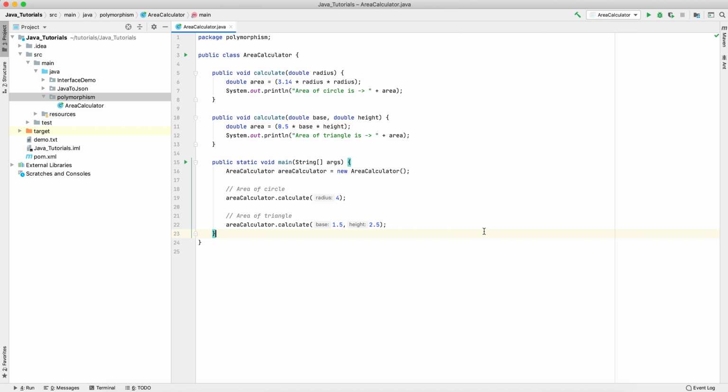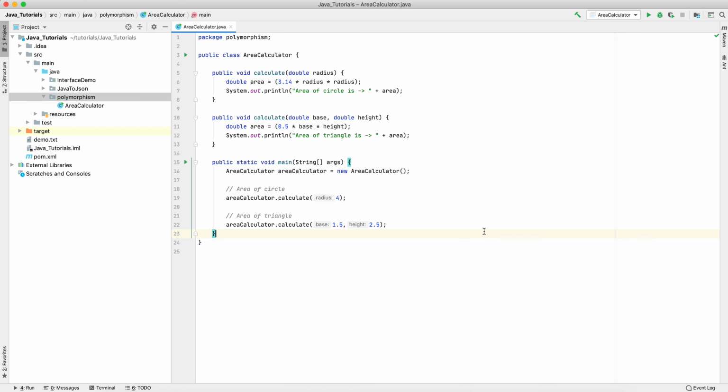There are basically two types of polymorphism. One is compile time polymorphism and another one is runtime polymorphism. So in this video tutorial we have taken a look at how to achieve compile time polymorphism in Java, and the answer to this question, just to revise, is that in one single class you can have methods with the same name, but the difference should be that you pass different kinds of parameter inputs, whether it is the number of parameters that you are passing or the data type that you are passing to that